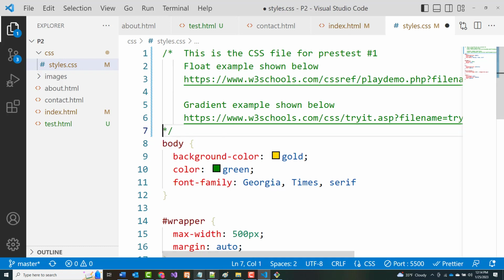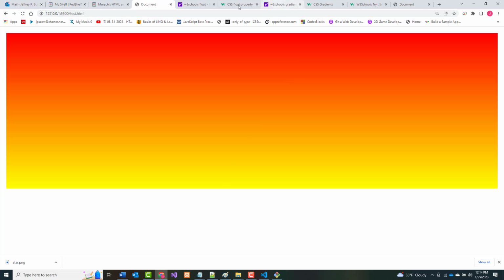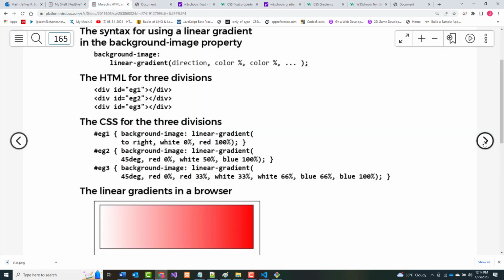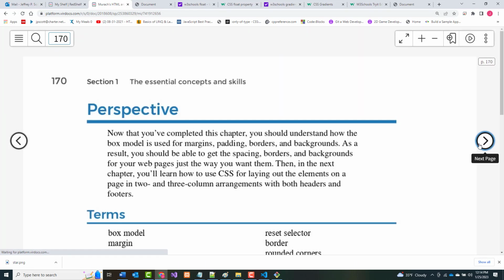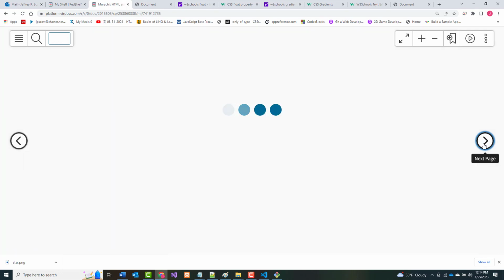All right. Here's an example again of a web page that uses this. You should know border radius as well. And then finally, because this will just take a second, on the last page here,